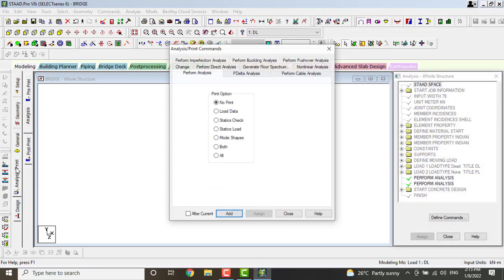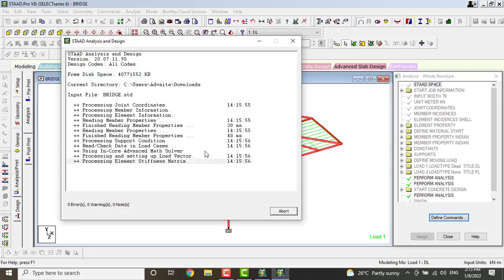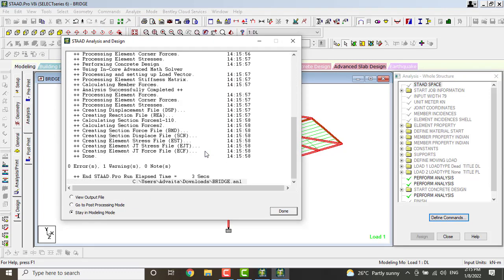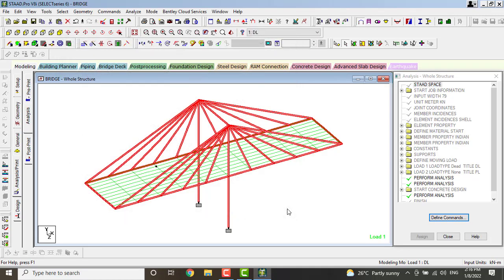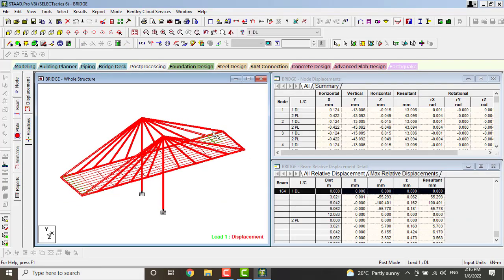Then again we go to analysis. Close. Yeah, there are no errors, only one warning. Okay, we can carry on. Okay, go to post processing mode for foundations. Click on OK.